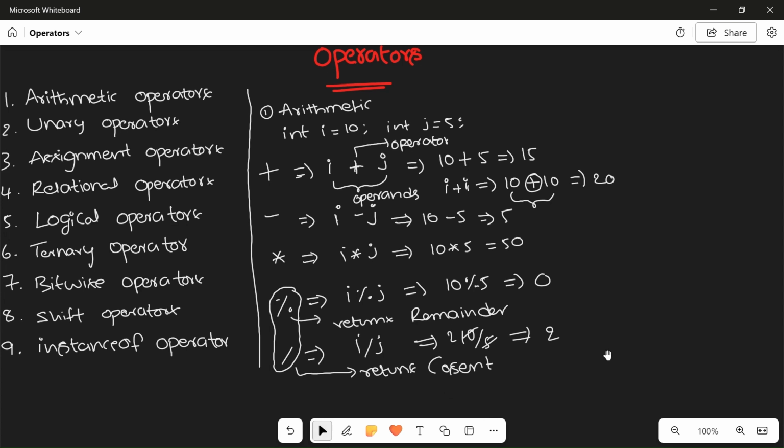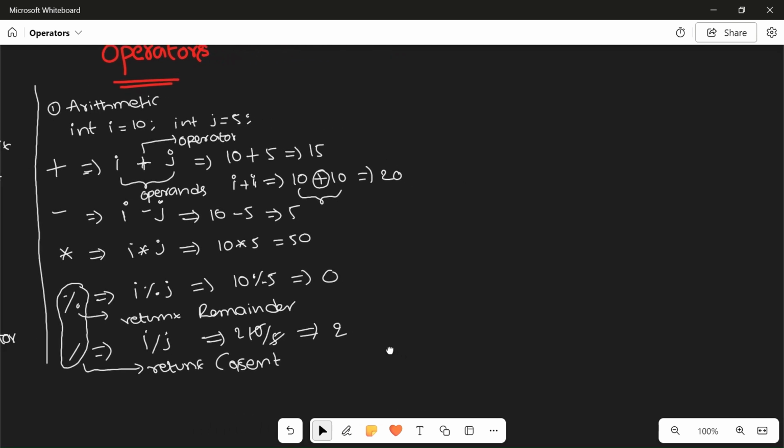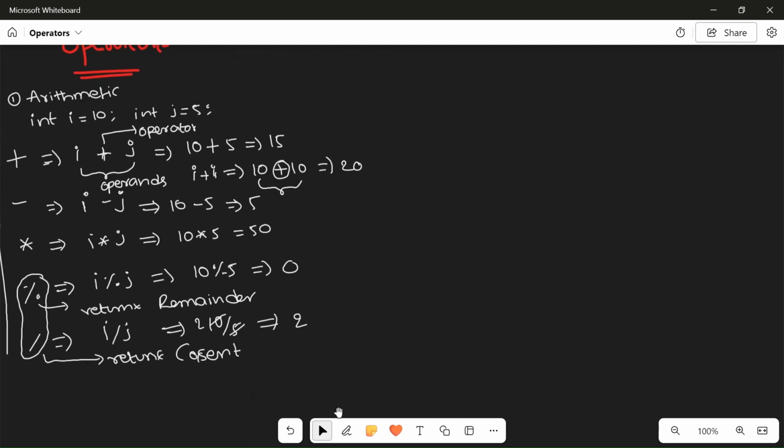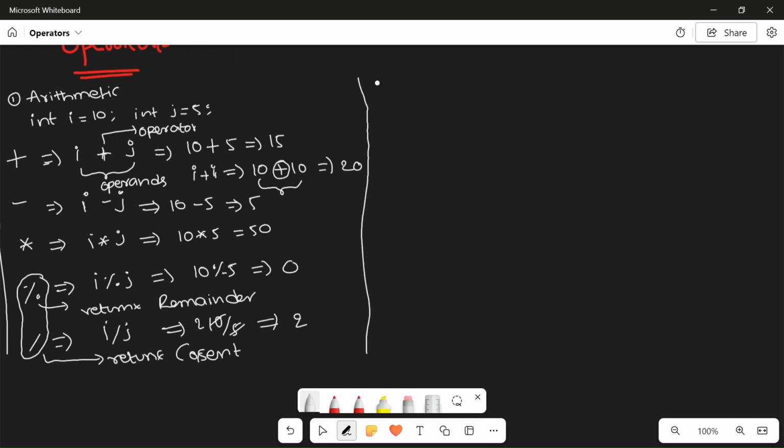So let me try to explain the next one, that is unary operators. The name itself indicates that unary means one. So we have unary operators like